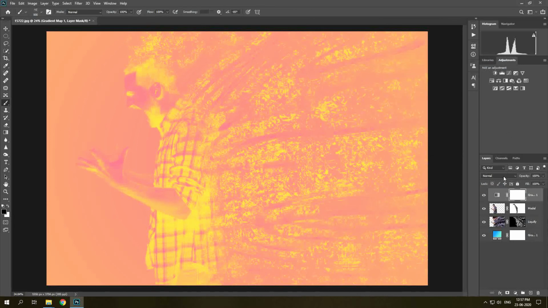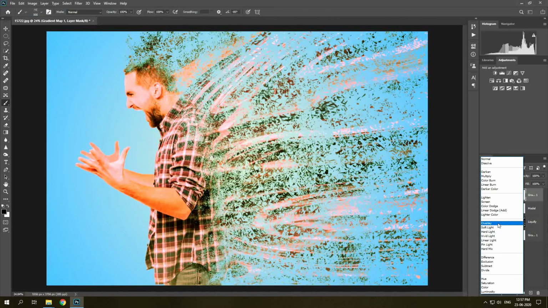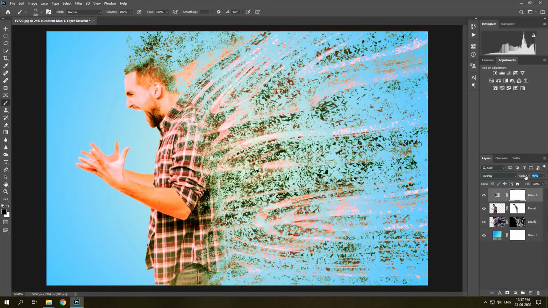Change the blend mode to Overlay. Decrease the opacity. This is our final result.